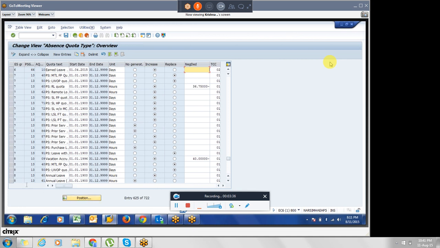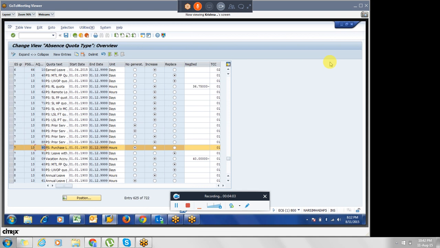Let us say I will take another record, for example, a quota type. If you want to implement from the current month, say 1st of August is your go-live date, how do you have to do the configuration?